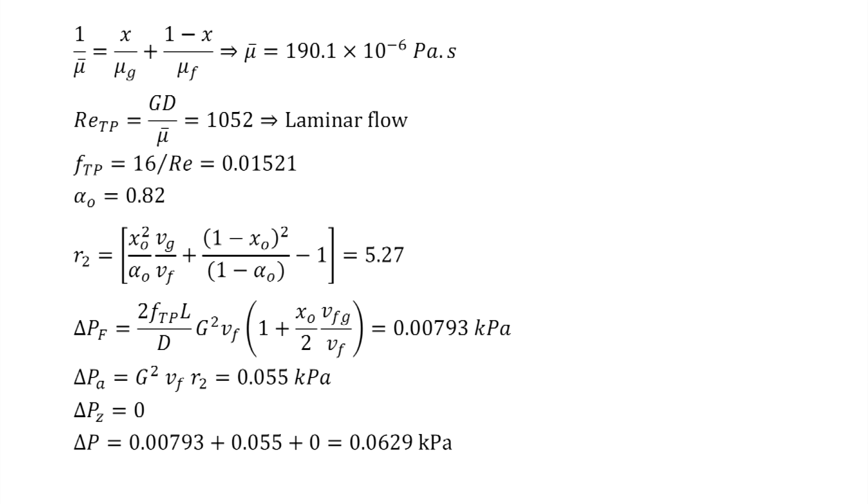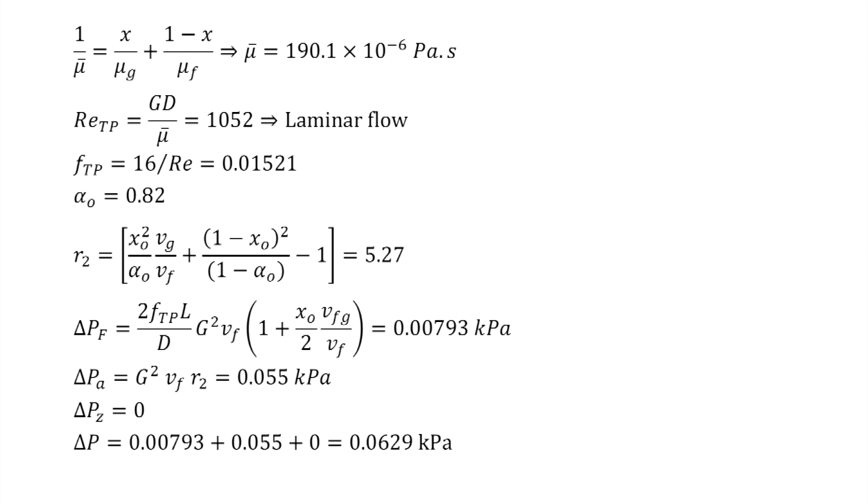and using the outlet quality we calculate C0 and V_Gj, and then after substituting these values of C0 and V_Gj, we get alpha. So, we get the value of alpha_O as 0.82, and then we calculate R2 by using this value of alpha_O, and it turns out to be equal to 5.27,